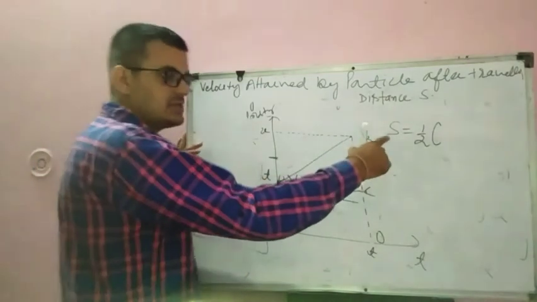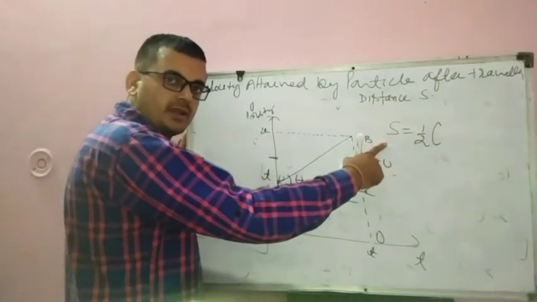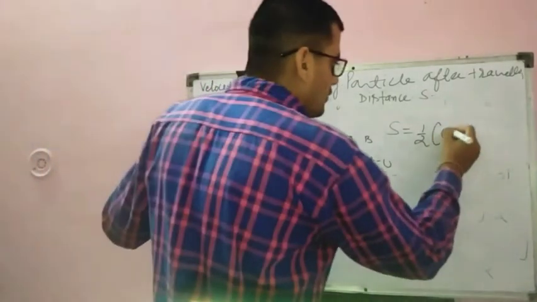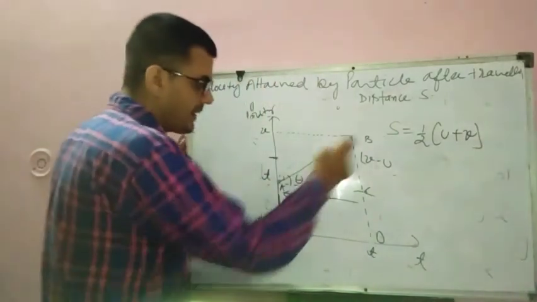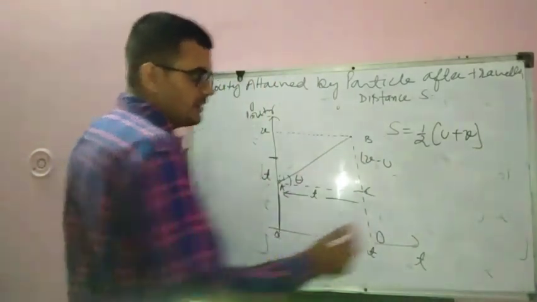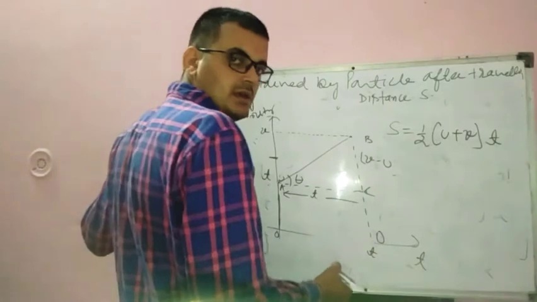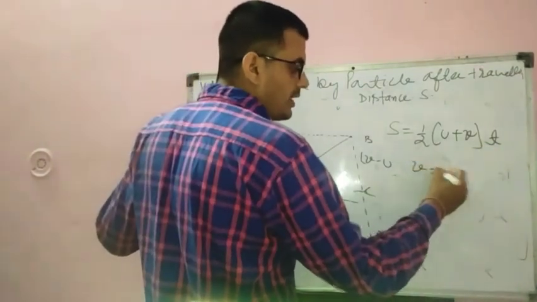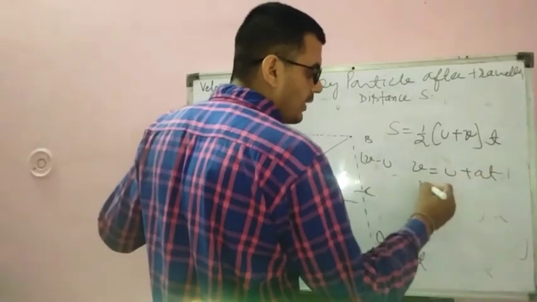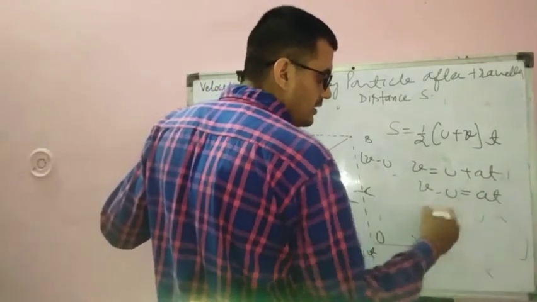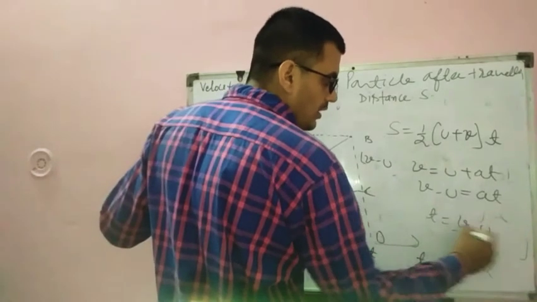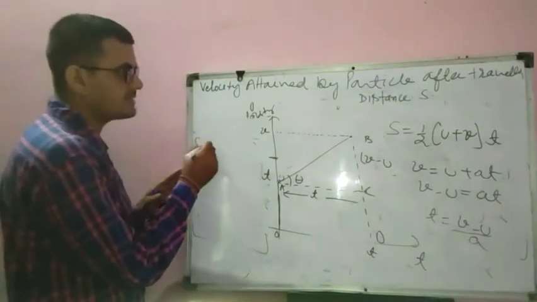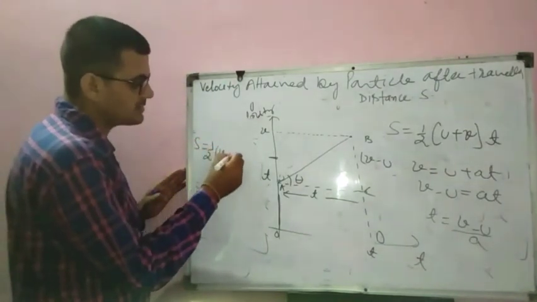S equal to, S is the distance traveled by the particle in T seconds, 1 by 2 sum of parallel sides (U plus V) into height T. By using the first equation of motion, V equal to U plus AT, V minus U equal to AT, T equal to (V minus U) upon A. So in place of T you put